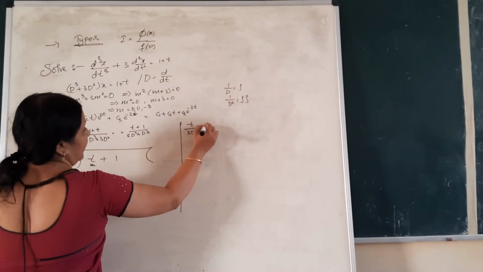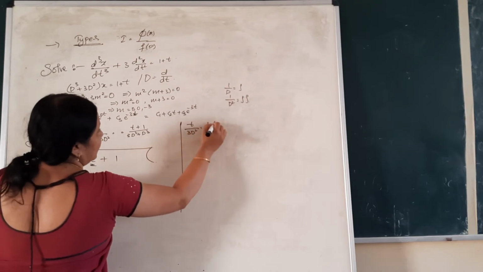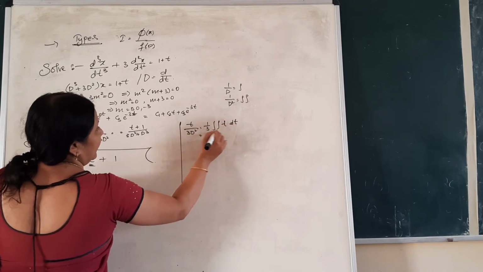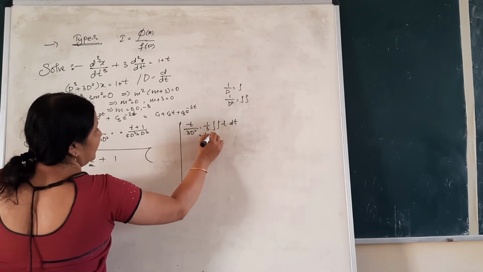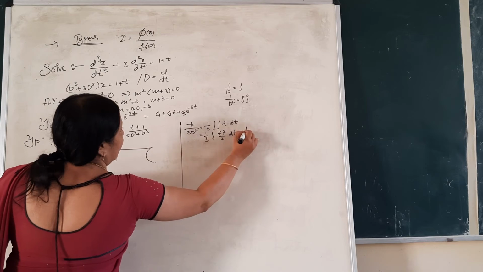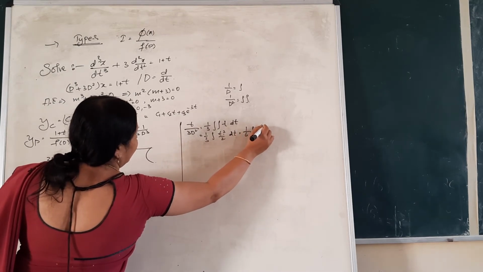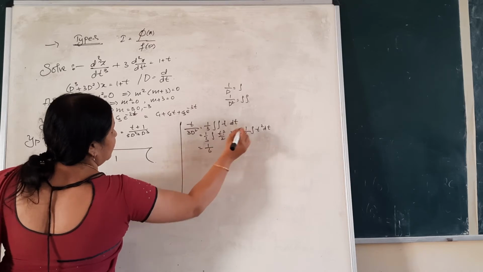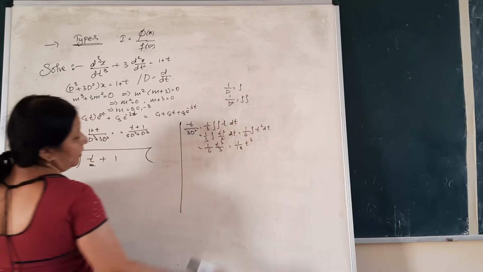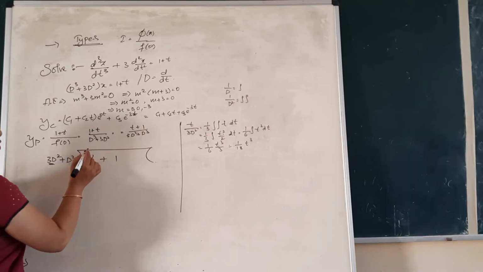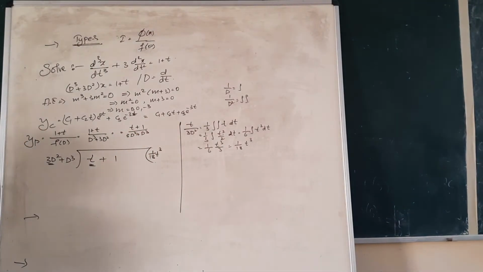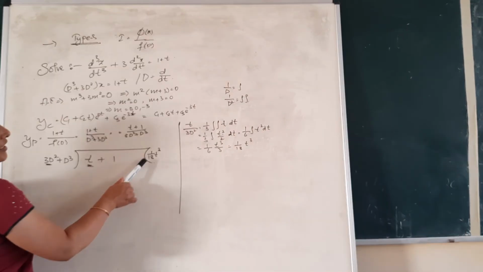Understood? So therefore this can be written as 1 by 3 is a constant taken outside. 1 by d square is replaced by double integral of t dt. So integrating twice this one, we get 1 by 3 times integral t is nothing but t square by 2 dt. Again 1 by 2 you take out, so it's going to be 1 by 6 integral t square dt. So it's going to be 1 by 6 into integral of t square is t cube by 3. That is equal to 1 by 18 t cube. So this is the first term in our quotient. So here we are going to write 1 by 18 times t cube. Understood? So this is how you should get the term by term of the quotient.